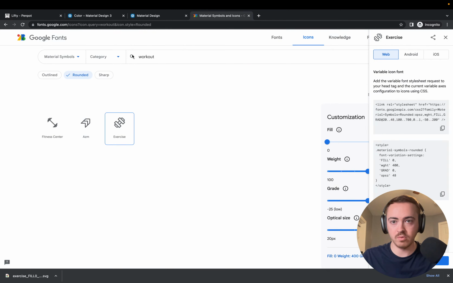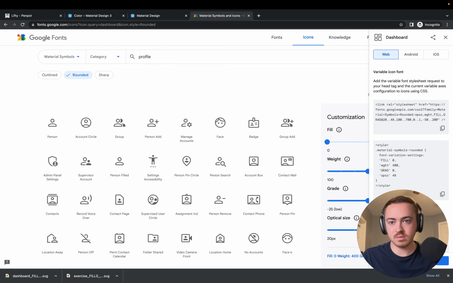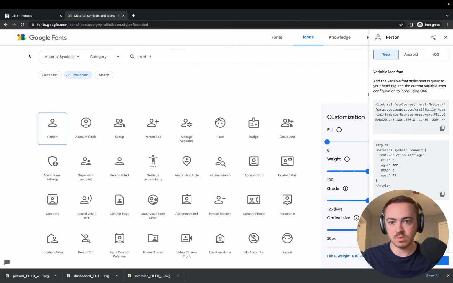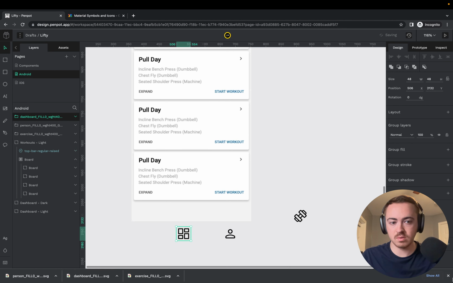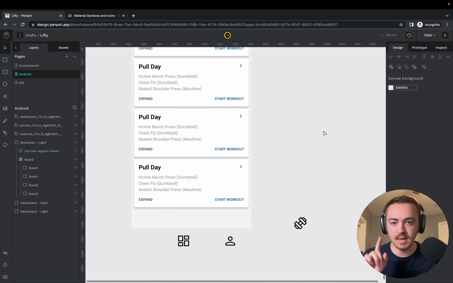What else? We want a home or a dashboard. Dashboard. Perfect. Download. And then we probably want a profile or a person. Person. I like person. Go into here, get rid of the material stuff because we're not really doing that right now. Person, dashboard, close. First things first, lock all of those so that the proportions are set. There you go. And then I need a bottom bar now,